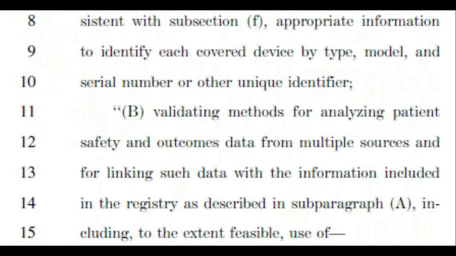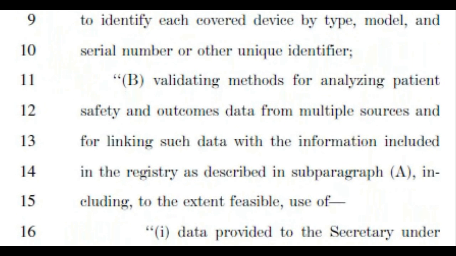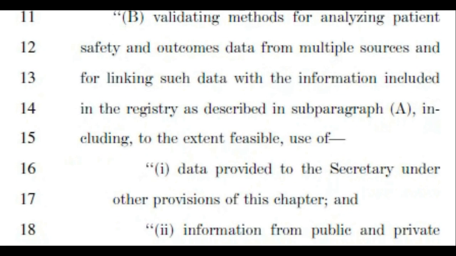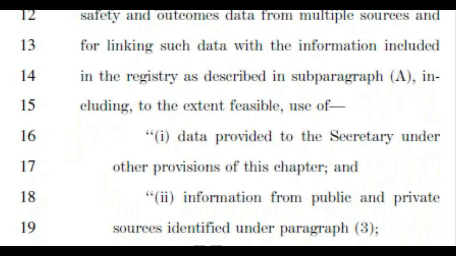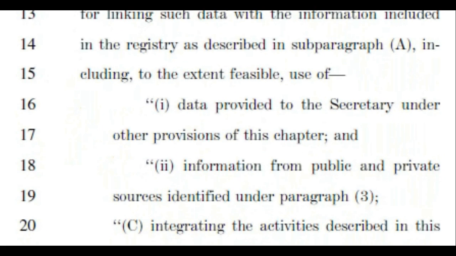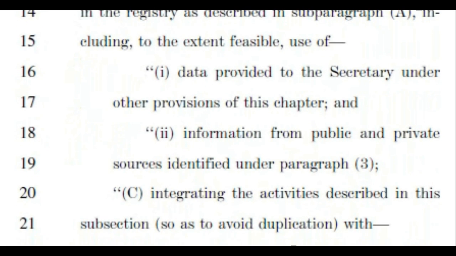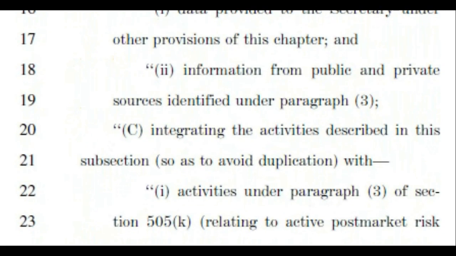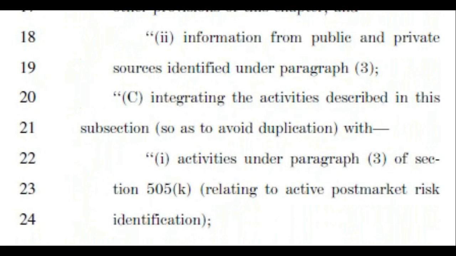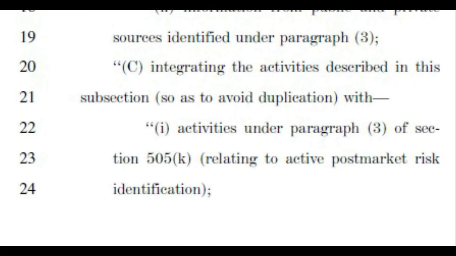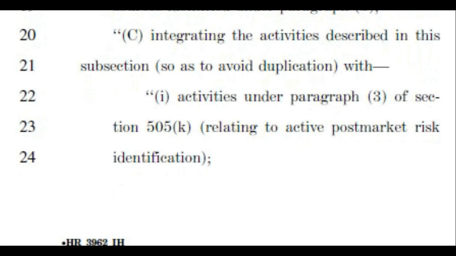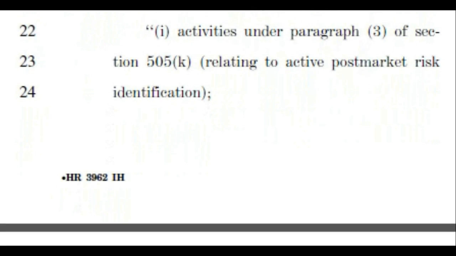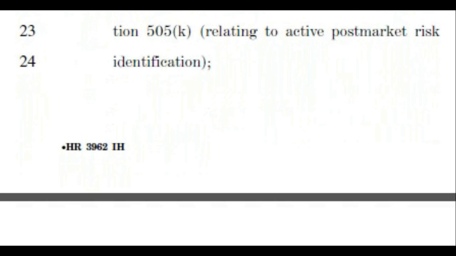in consultation with the Commissioner of Food and Drugs, the Administrator of the Centers for Medicare and Medicaid Services, the Administrator of the Agency for Healthcare Research and Quality, the Head of the Office of the National Coordinator for Health Information Technology, and the Secretary of Veterans Affairs, determine the best methods for (A) including in the registry, in a manner consistent with subsection (f), appropriate information to identify each covered device by type, model, and serial number or other unique identifier;